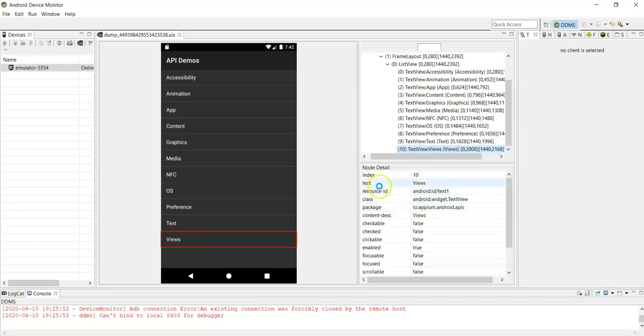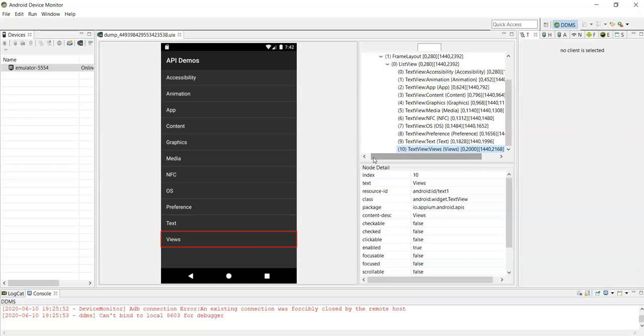See, index is 10, text Views, resource ID, class, package name, content desc. So it is same as UI Automator. This tool is available in the latest Android SDK tools packages. Okay. So this is how you can find the locators using the UI Automator viewer tool and the monitor tool.